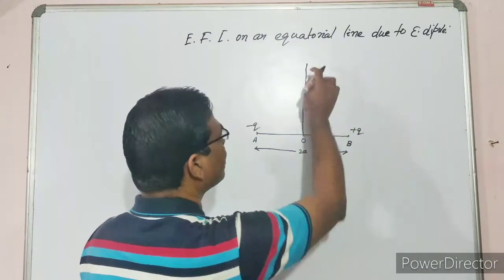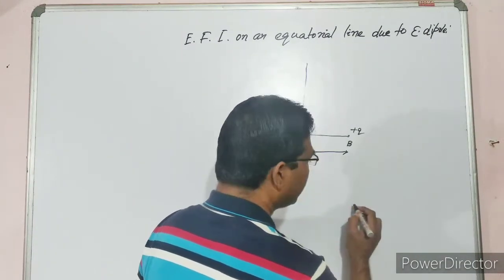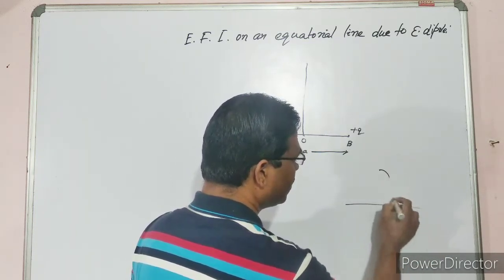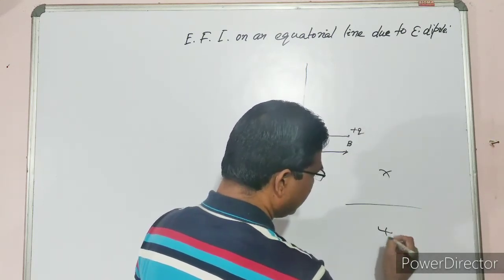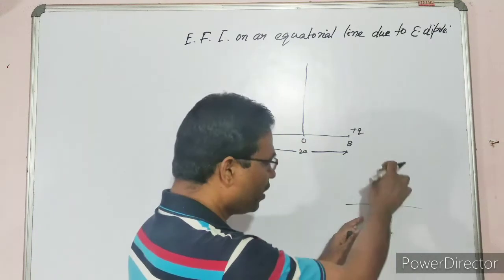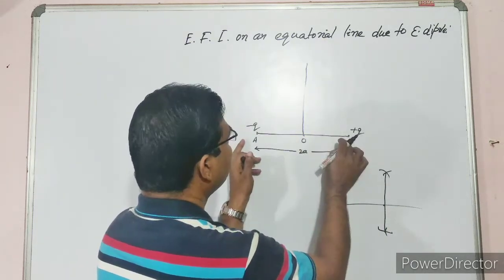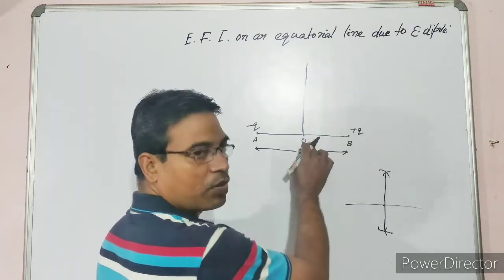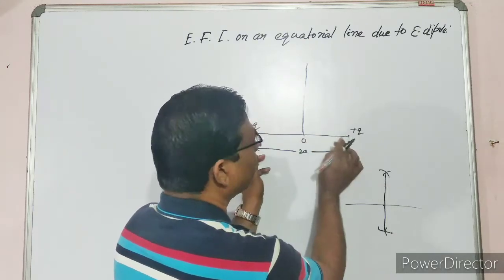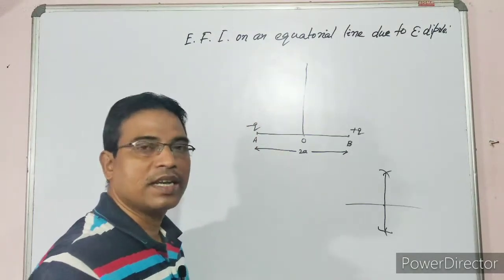This one is perpendicular to this line. Suppose you take a 10 centimeter line and bisect it. What are you doing? You draw arcs from each end, cut them, and join, so you get this point. This is the midpoint, and this is the perpendicular bisector. That means this line is perpendicular to the axial line. If it is perpendicular to the axial line and passing through the center of the electric dipole length, then it is known as the equatorial line. Understand? Any problem?